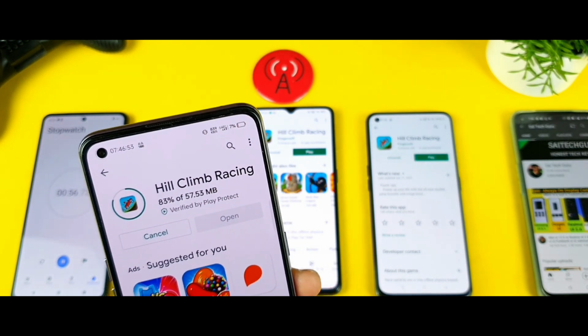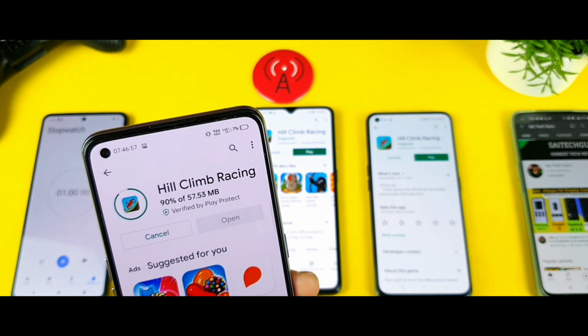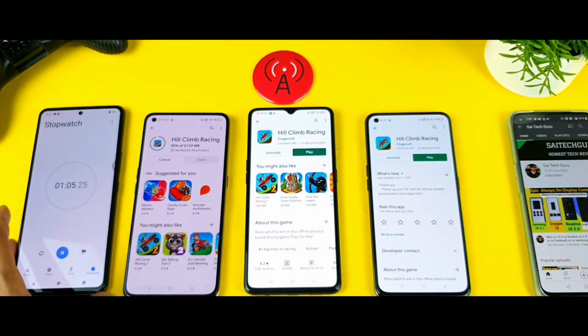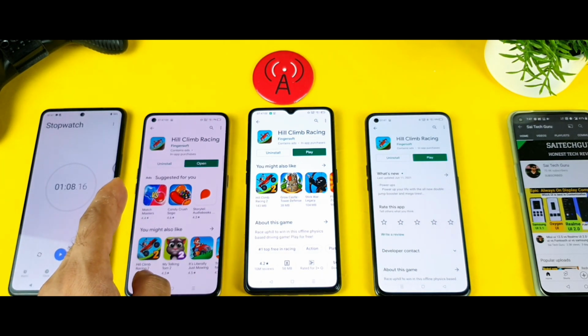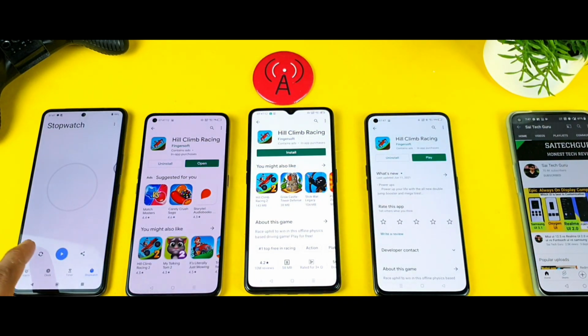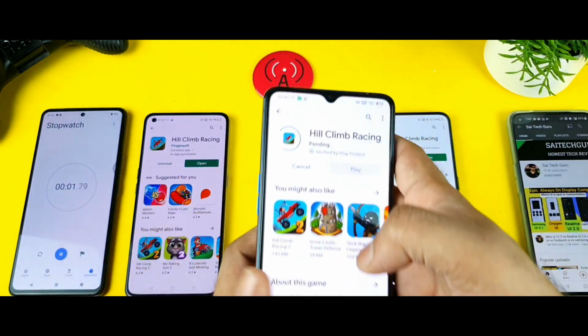Right now it's close to 83 percent and 87 percent, not bad, 90 percent, and the overall time takes close to, let's see, done. So 68 seconds in the Realme X1 Pro device, 68 seconds. Now let me see what the time will be in the Realme X2 Pro. Yep, let's see, friends, Realme X2 Pro.